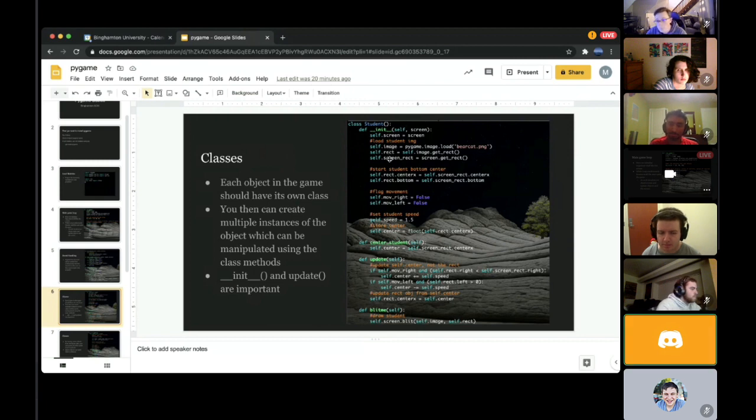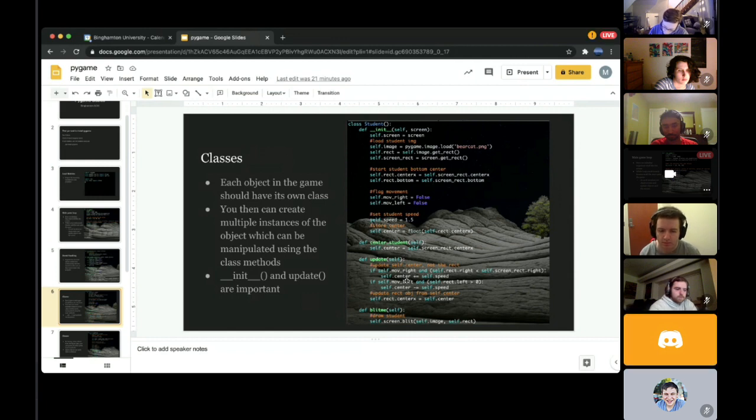here you can also load images. So here we're loading an image, and then we're setting this student's rectangle to that image's rectangle, and then we're getting the screen's rectangle. So we can set the student's rectangle to be in the middle and bottom of the screen's rectangle. So if this is a screen and this mouse is the student, then we're setting it down here. And then we have other functions like center, that once the game's over, puts it back into the middle. And then update